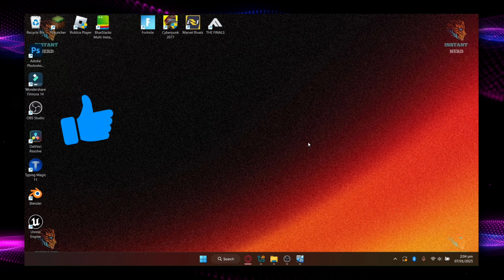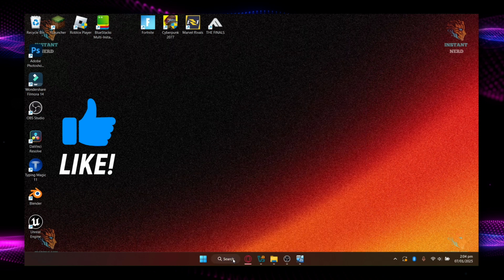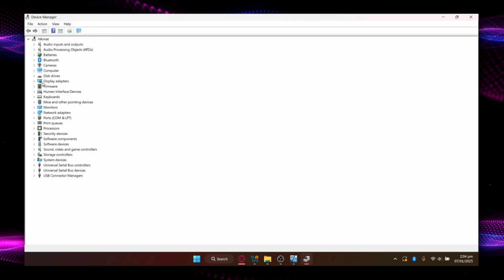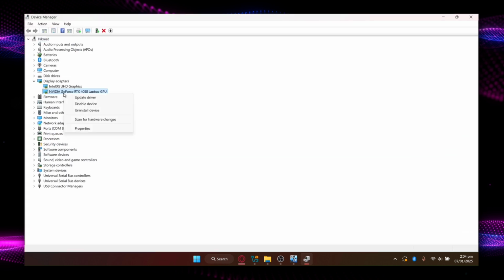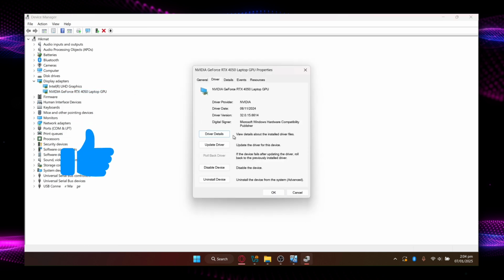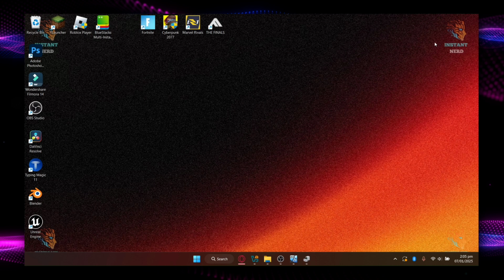If you suspect that your GPU driver is corrupted, follow these steps. Head over to search, type in Device Manager and click on it. Once you're in Device Manager, expand Display Adapters. Find your graphics card, right-click on it and select Properties. Go to the Driver tab and click on Rollback Driver. If this option is grayed out like it is for me, don't worry, we will move on to the next